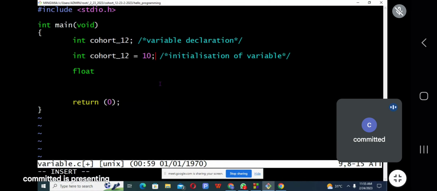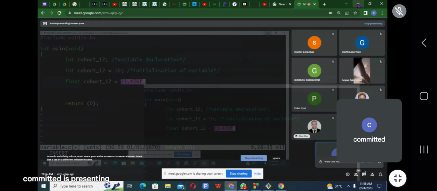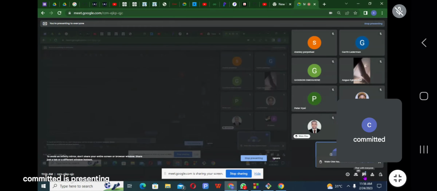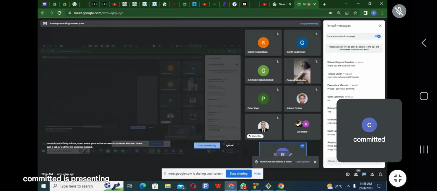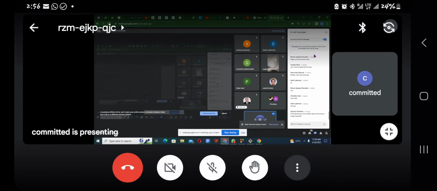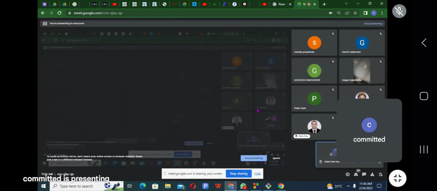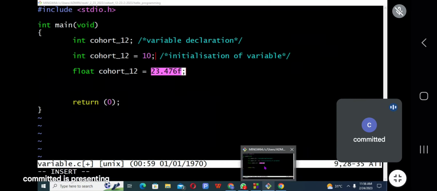And you declare it this way, because I want to pass, let me see, use the variable.